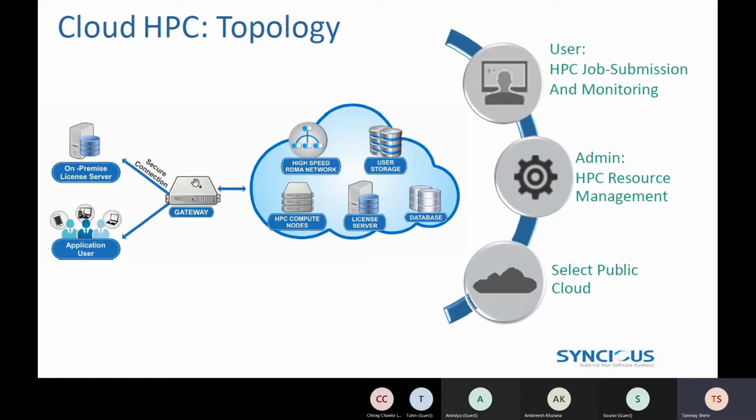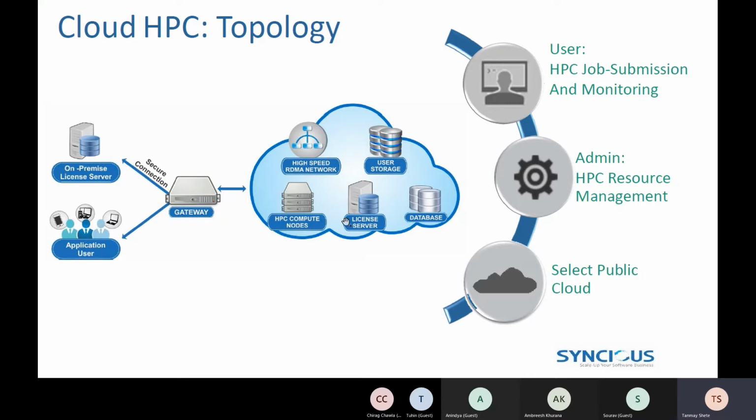From the master node, through the SSH connection, you can run your problems in the cloud. In the cloud, everything required for your current applications has already been deployed, and I will show you how to use that.